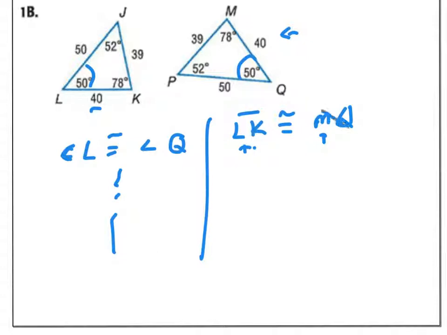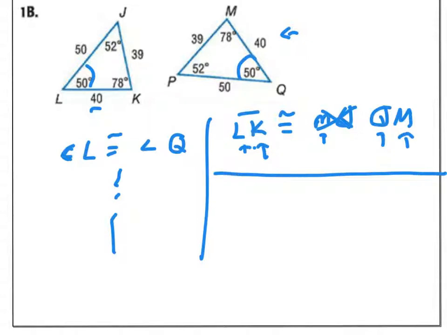Oop, I screwed up. So it's actually QM. Since the L was 50, the Q has to be 50, and then the K was 78, so the M better match with 78. And then wrapping it up with the triangles, I would say triangle, pick any order to start with, LKJ is